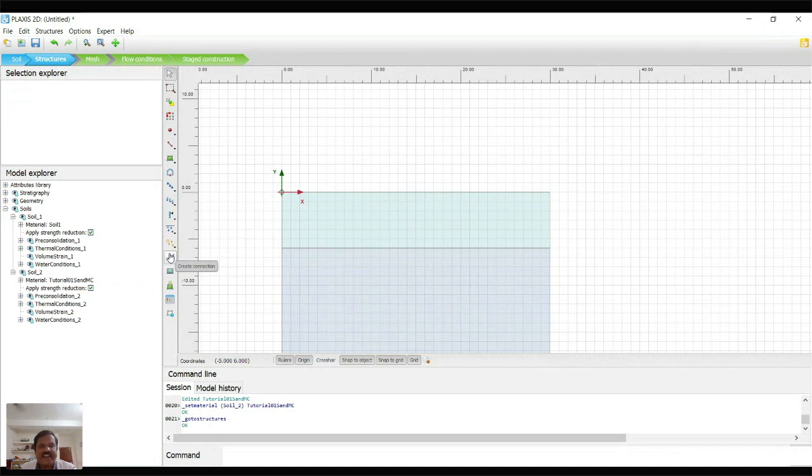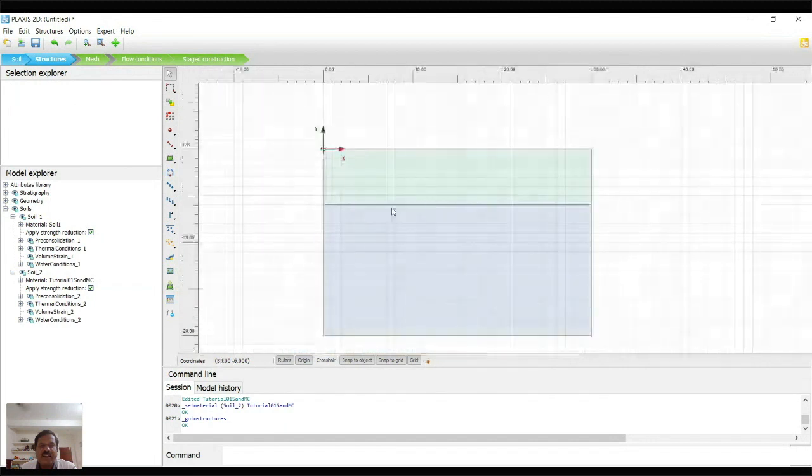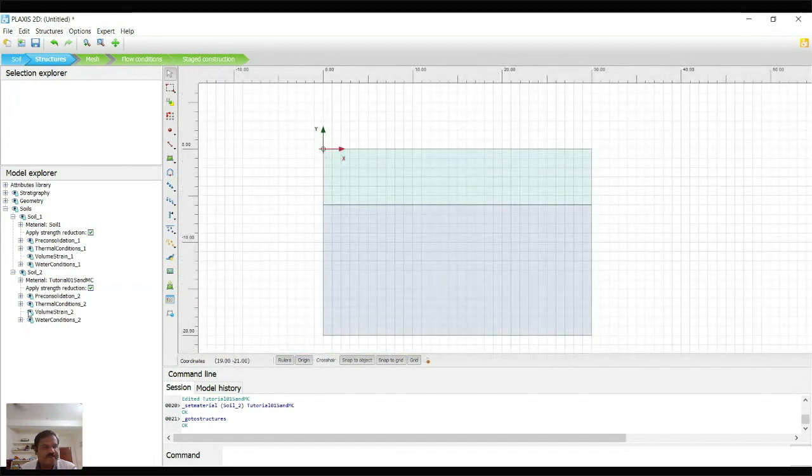It's a connection. If you have multiple elements, you can define the connection type, whether it is fixed or pinned, you can control. This is the boundary. We can change the boundary. The program comes with default boundary condition. These sides are normally fixed, at the bottom fully fixed. The top is free. This is the default boundary condition. Suppose if you want to modify, you can make the modification.